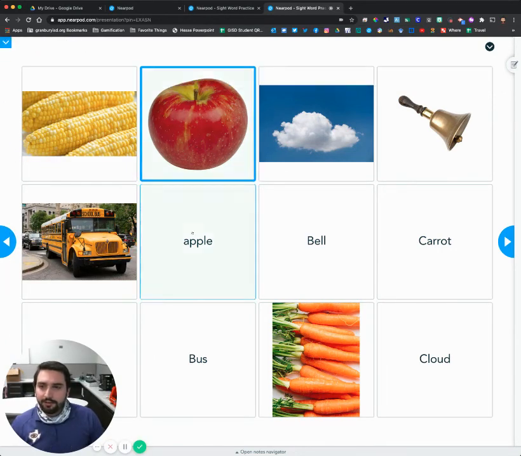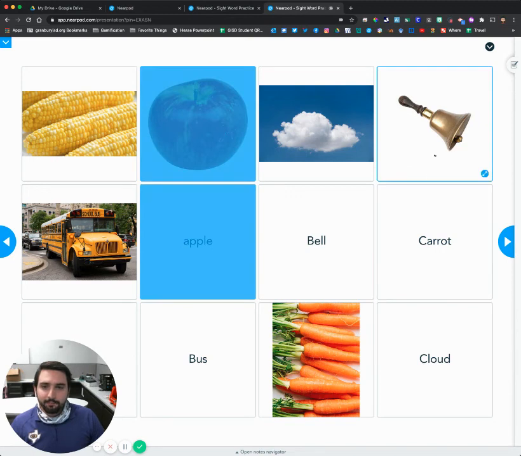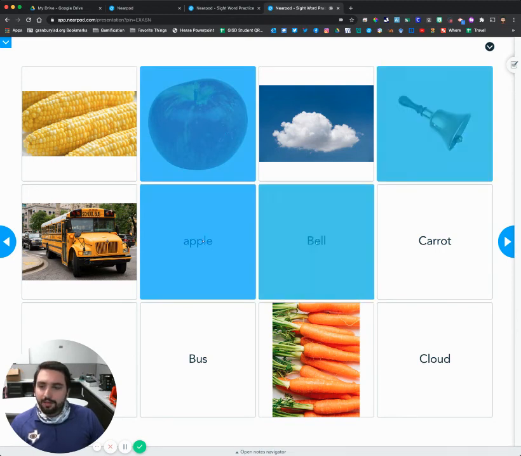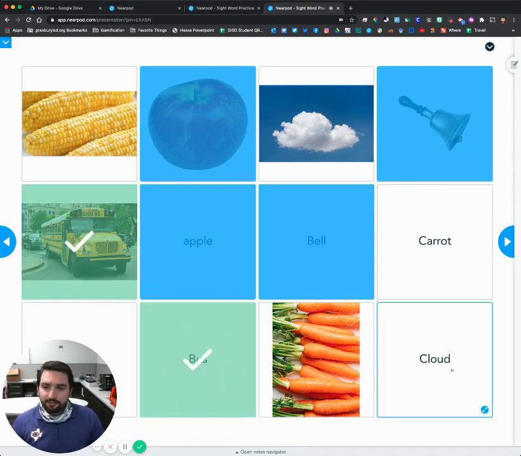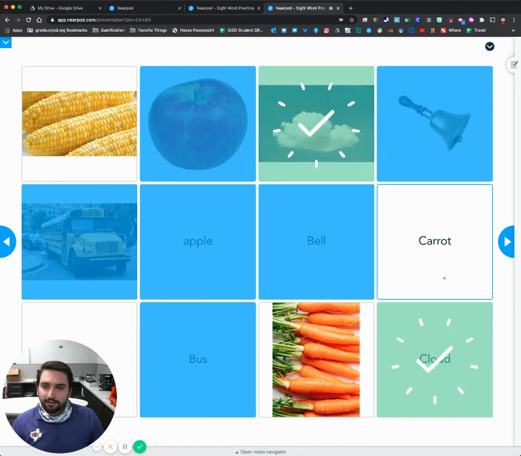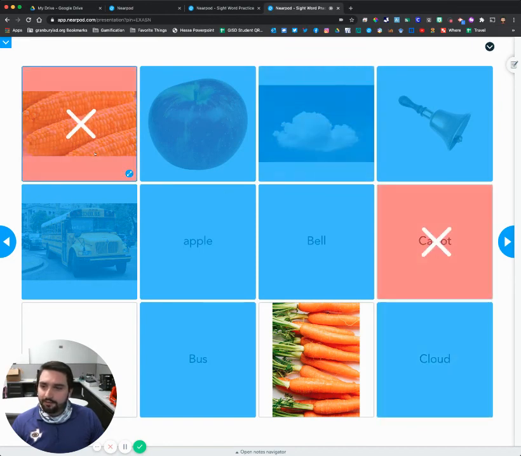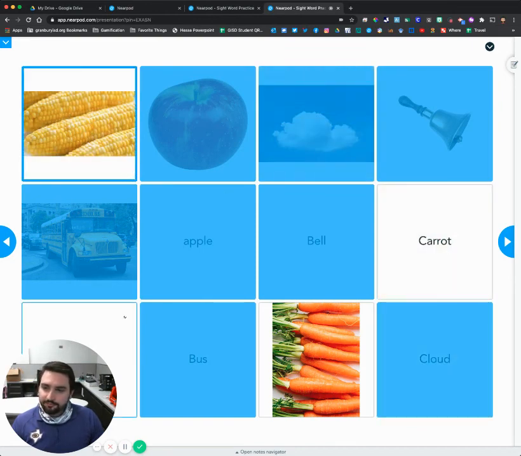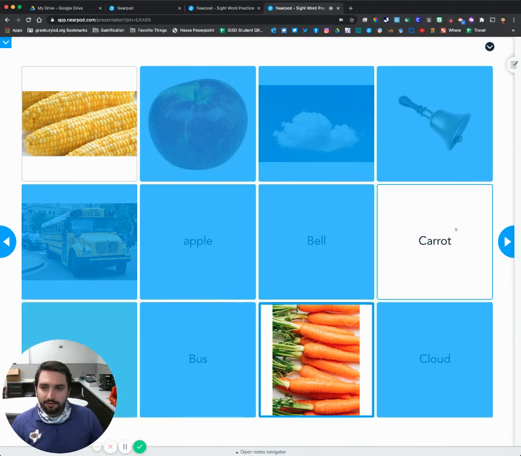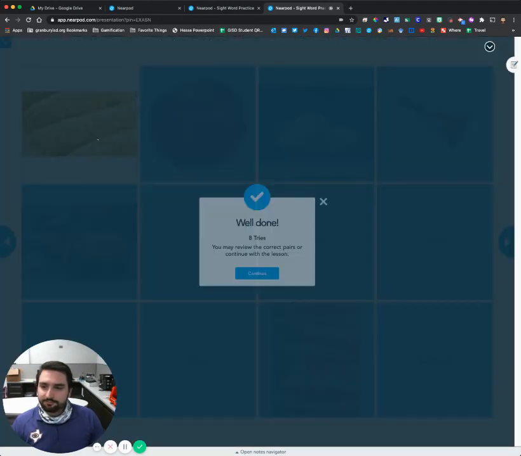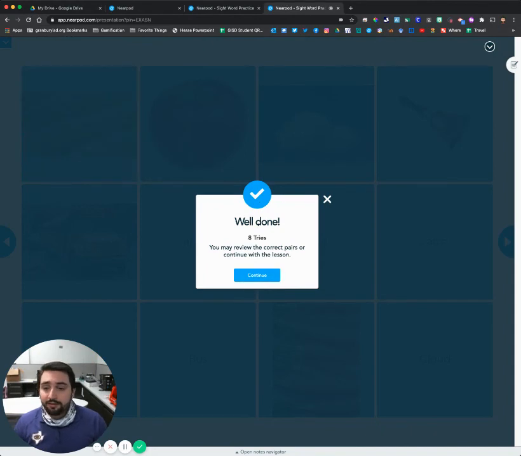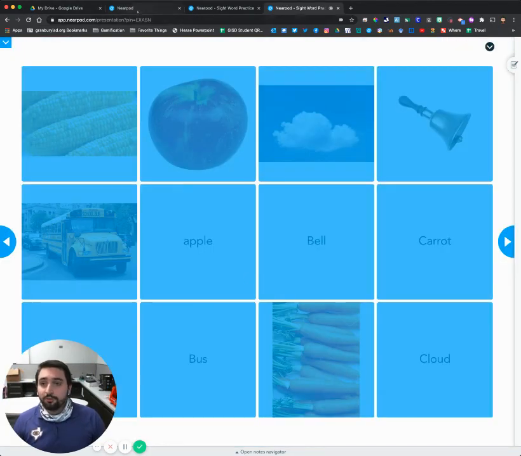So here I've got an apple and I've got an apple, okay? And I've got a bell and I've got a bell. Well, maybe I get one wrong. If I try to click on the bus and a carrot, okay, it's going to give me that immediate feedback as a student that says, no, that's wrong. So I can come in and I can click on the bus and the bus and the cloud and the cloud. Maybe I get another one wrong. Carrot, oh, nope, didn't get that right. Down here, and then here, and here. Okay. So it tells the student how many tries it gets, but it also reports that to you as a